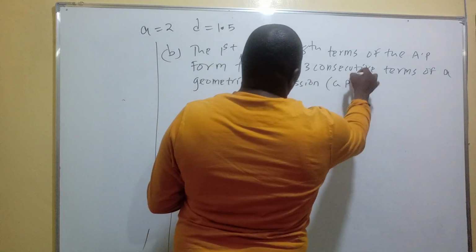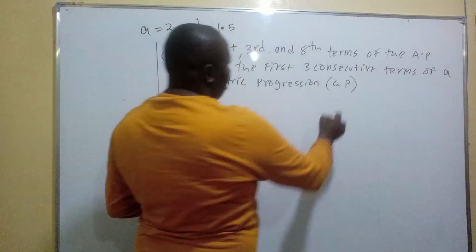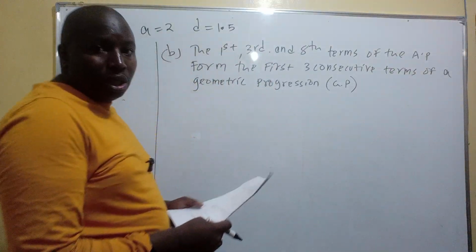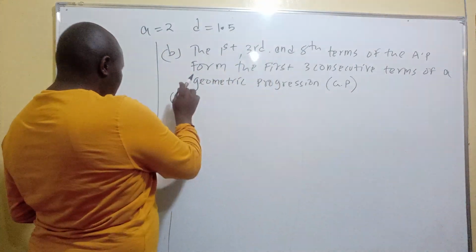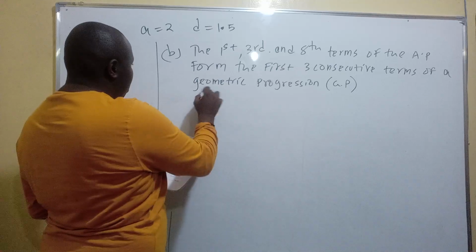That is, we call it GP. Geometric progression. So Roman 1: calculate